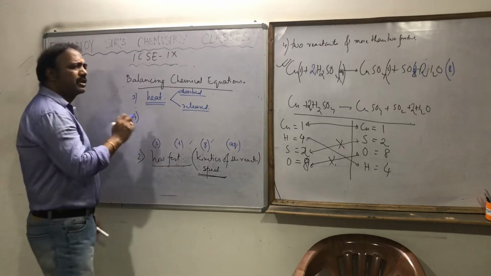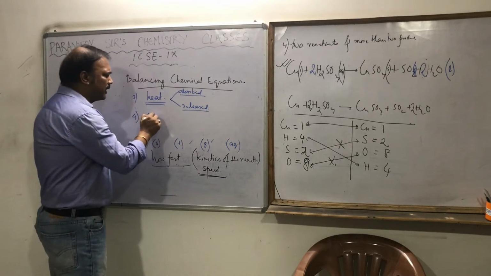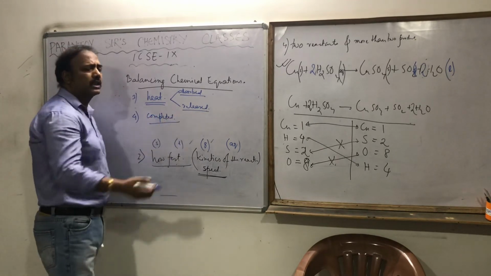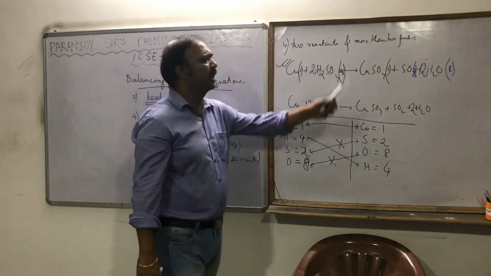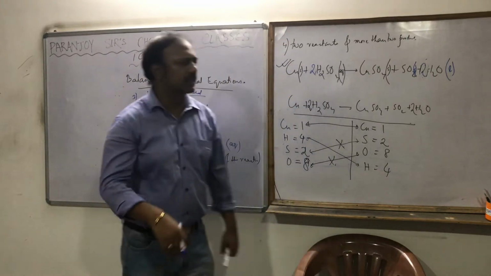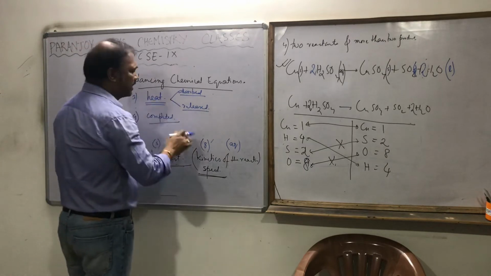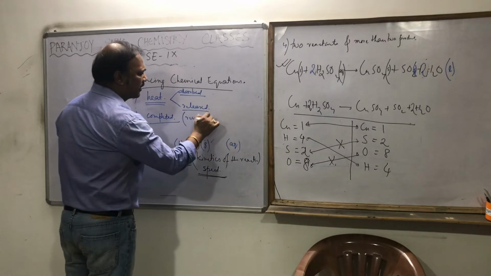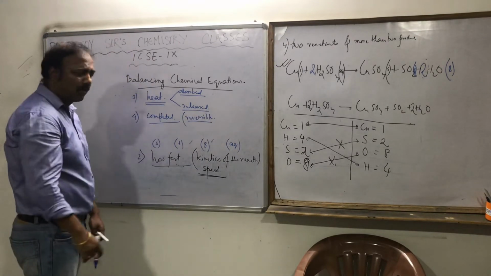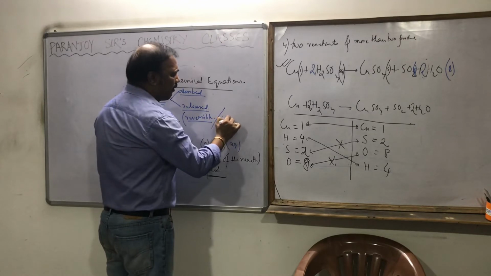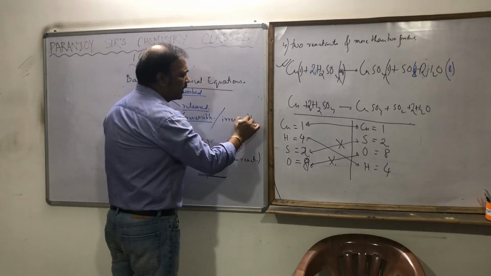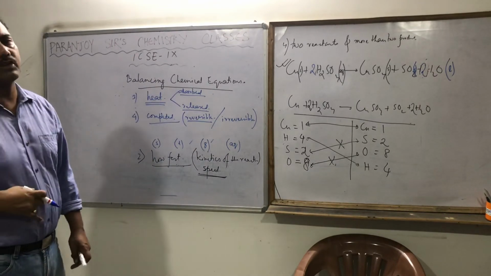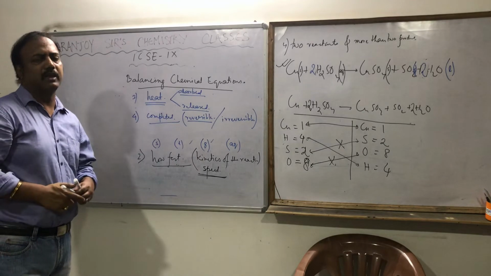The fourth point of limitation is that it does not tell whether the reaction is completed or not. Whether this reaction I had written is completed or not completed. In scientific words, we ask, is it reversible? If it is reversible, it won't be completed, it will revert back. Or it is irreversible. Nothing is told in normal chemical equations. These are the limitations of a chemical equation.